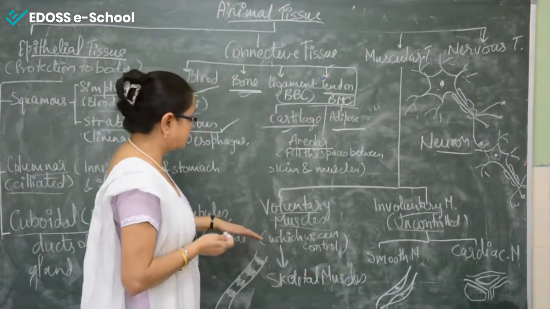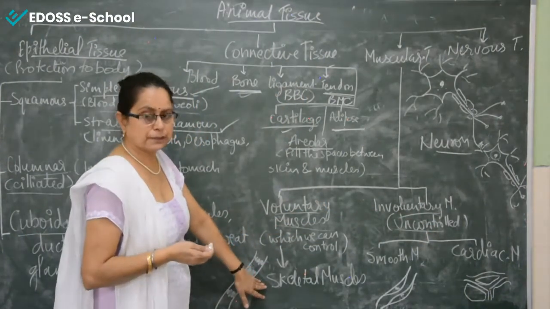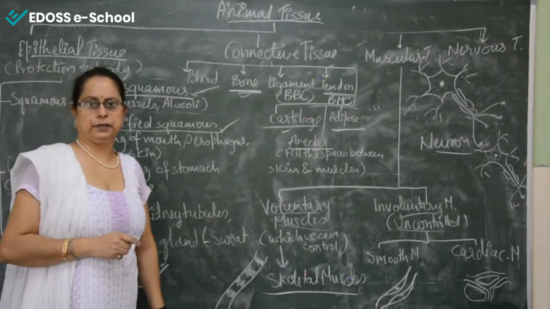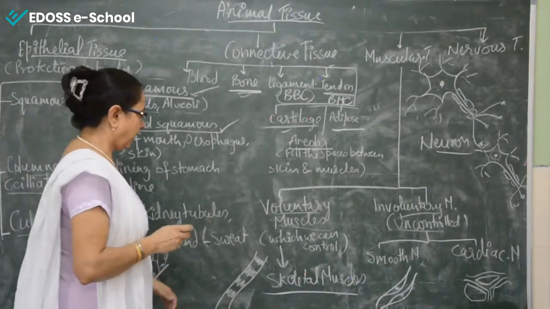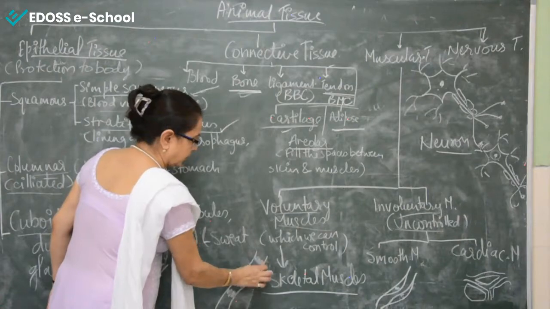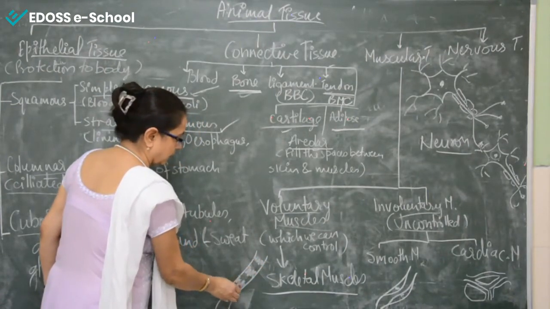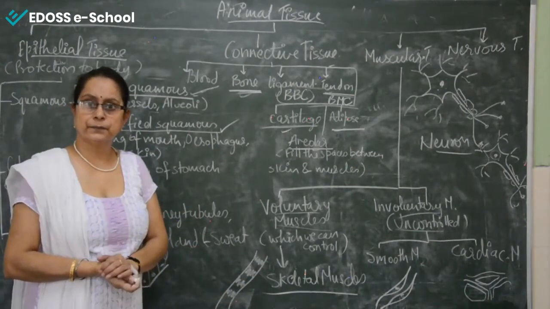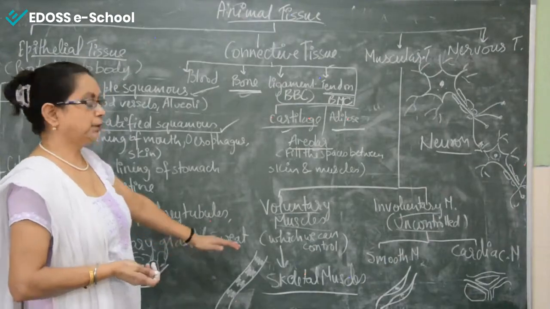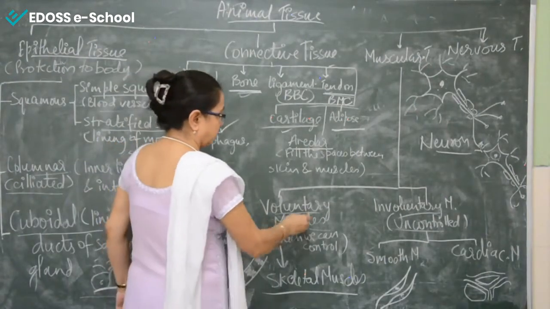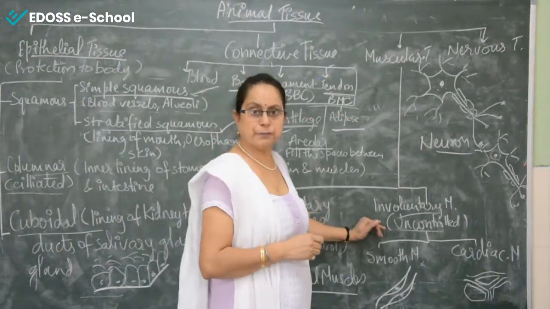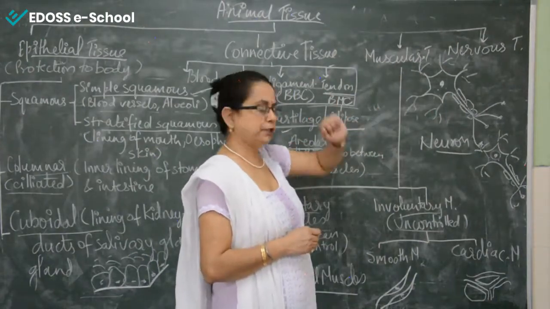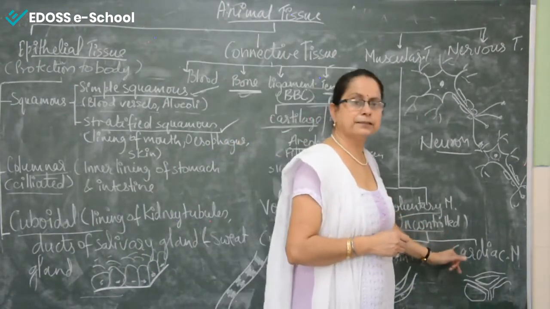So voluntary muscles are the skeletal muscles. Skeletal muscles, as the name denotes, are present in the skeleton of the body, that is in the bones, and they have alternate dark and light bands. Because of the presence of such bands, they are also called striped muscles, right? So it is present in the bone section. This is the example of voluntary muscles. Now we'll come to the involuntary muscles. These are actually divided into two types of muscular tissue. One is smooth muscle and another is cardiac muscle.